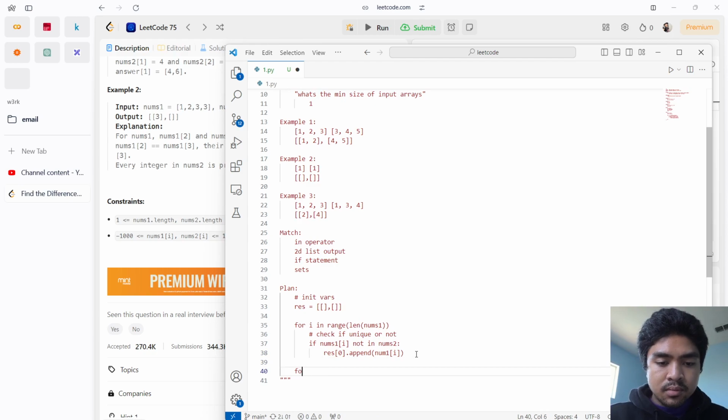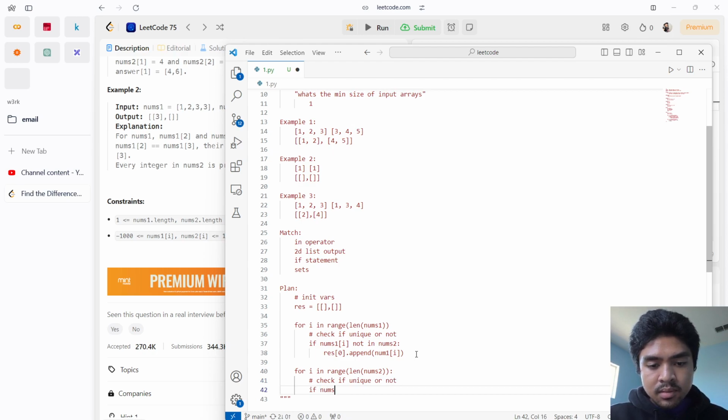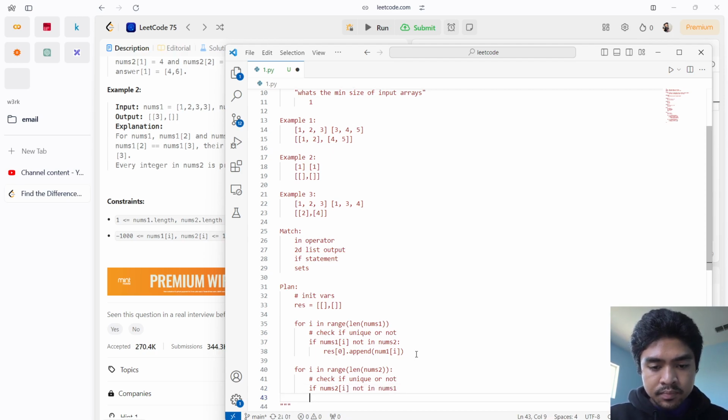Then same thing for nums2: for i in range the length of nums2, check if unique or not. If nums2 at i is not in nums1,